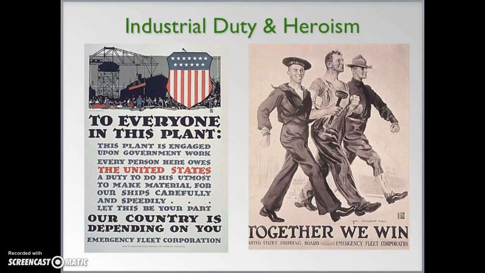Of course, if you're a patriot, you're working at home, you want to have people working hard and working safely. So here we have this lovely image, right? We got the puny sailor, we got the slightly larger soldier, and then we've got the biggest man of all, the guy who's building the ships. So, all right, what do we got?